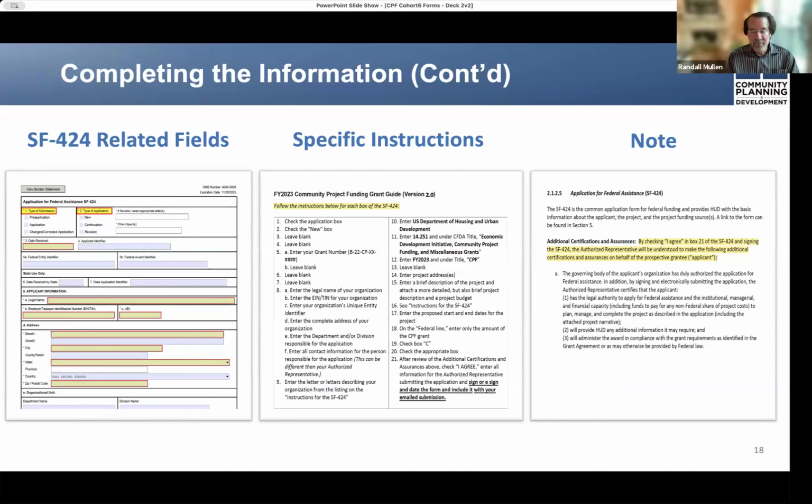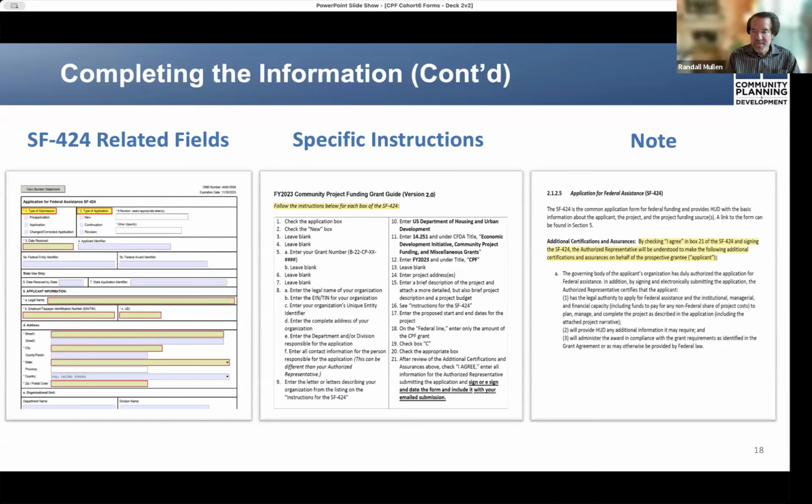As you either fill in each box on the form or enter the project's information in the related fields of the DRGR screen, you will follow these specific instructions in the center of the slide for certain boxes, but be instructed to leave others blank.